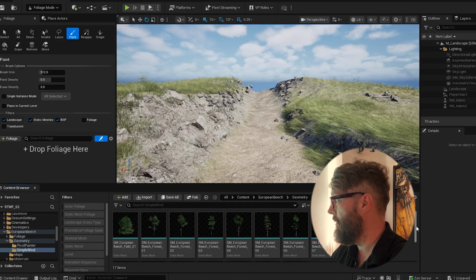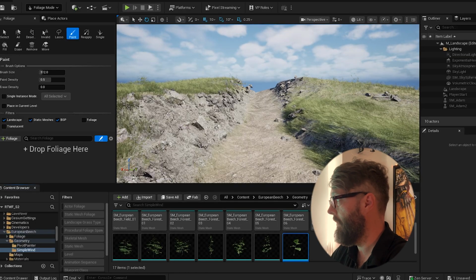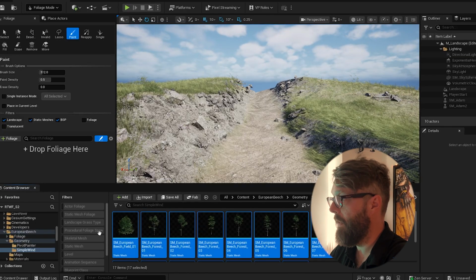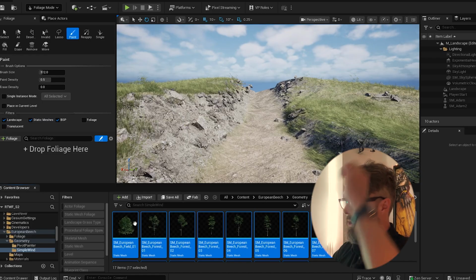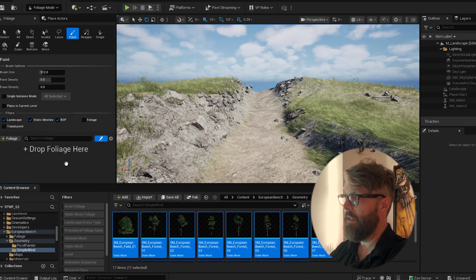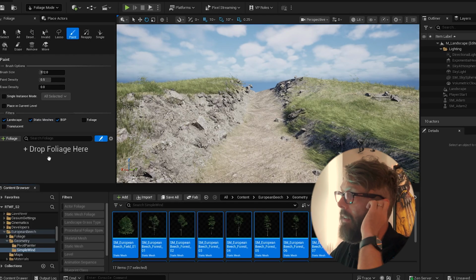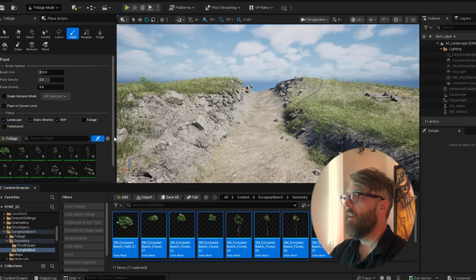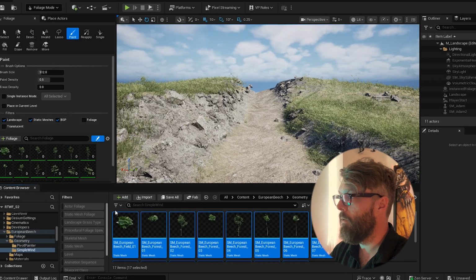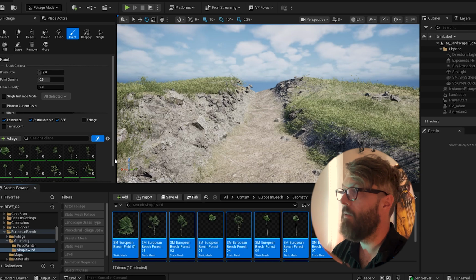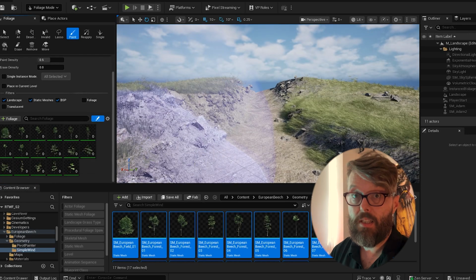Okay, we've got a bunch of these trees. Let's take all of them, in fact. These come in the European Beech pack. These are just geometries, and we're going to drop them over here where it says drop foliage. So we dragged our foliage meshes into there, and it's converted them into foliage instances that